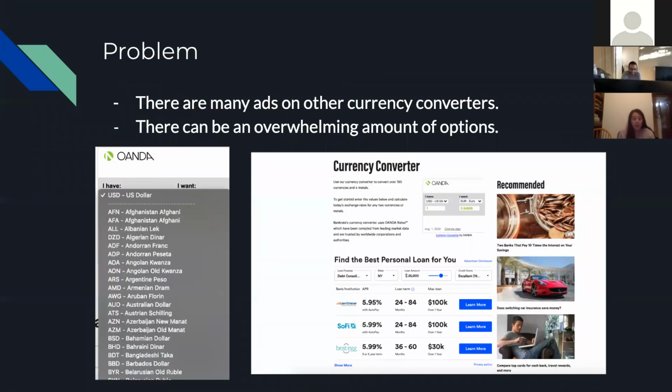So our problem was that there are obviously many currency converters. However, there can be many ads, and also there's an overwhelming amount of options. So for example, I did a quick Google search, and these were the two first options that popped up for a currency converter. As you can see on the left, there are a very overwhelming amount of choices for the currencies,